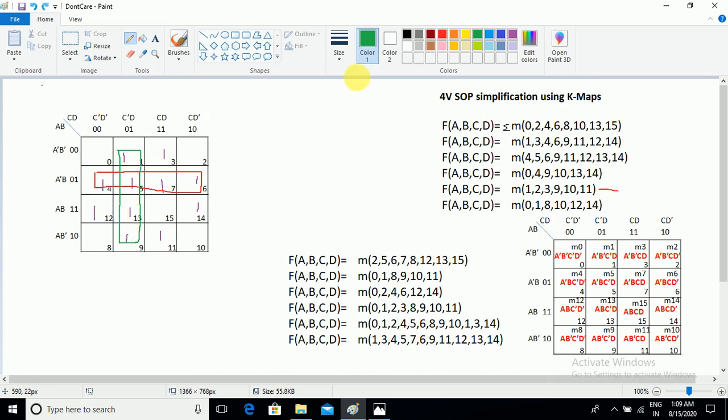But if I consider another way of mapping, like in this way, then what could happen? 2 cells are without overlap, 2 cells are with overlap. So in this way we have to think. If I consider the 12, 14, 4, 6 group, then what could happen? 2 are not in the overlap, 2 are in the overlap. Otherwise, if you go in this way, then what could happen?